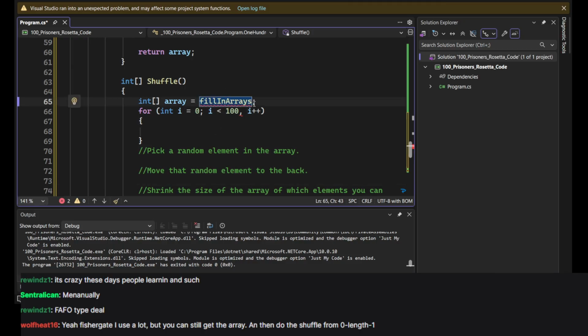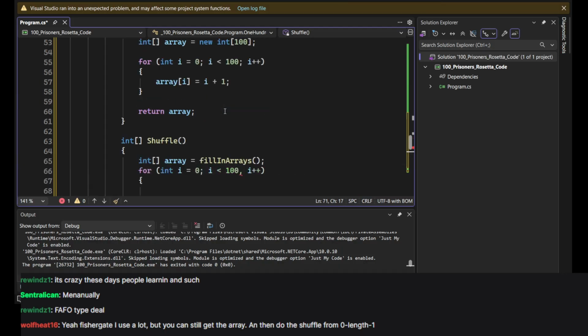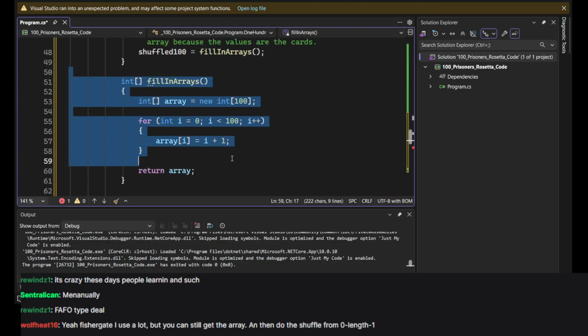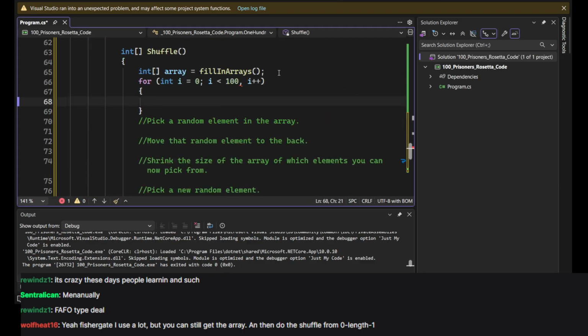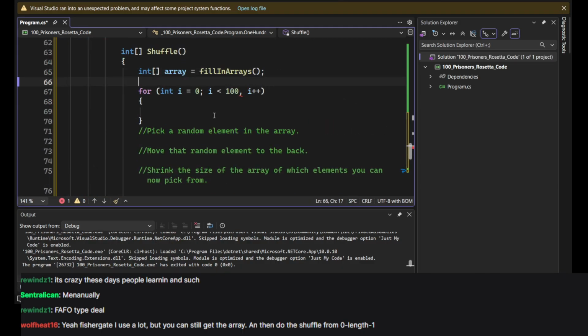Oh yeah, syntax. It's a useful method because I only call it once ever, which makes it the best method ever. Okay, so now I have an array of 100 and everything's good. So first step,